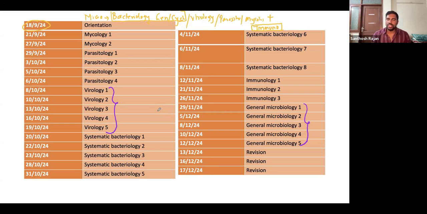In viruses also, there are 15 standard viruses which are always asked, like HIV, influenza, polio, rabies, herpes. These are something you can't leave. These questions are already there, so in that way you will know which are the topics. Okay, easy, and I can make it. In the same way, when you talk about systemic bacteriology, you will come to know what is very important. For example, you can always expect a staph or streptococcus question. A TB question is guaranteed. Diphtheria is very much a guaranteed question. One Clostridium will always be there. You'll always have one topic on Clostridium or Bacillus.